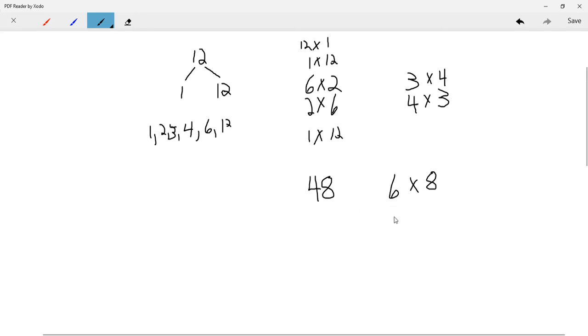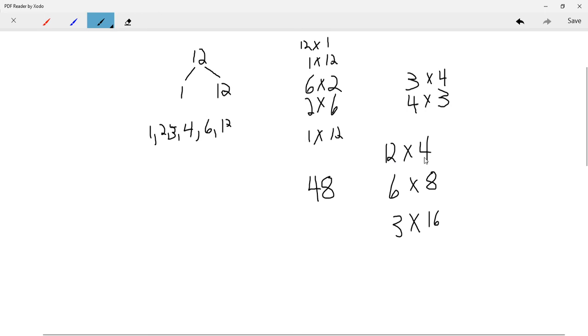So half of 6 is 3. Double of 8 is 16. And 3 times 16 equals 48. And this is especially important because a lot of people would probably leave out this 3 times 16 equals 48 because they don't know their multiplication tables up to 16, right? And then let's go the other way. Now, double 6 is 12, and then half of 8 is 4. And this is another factor